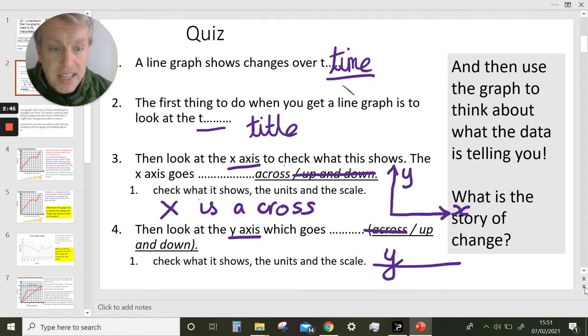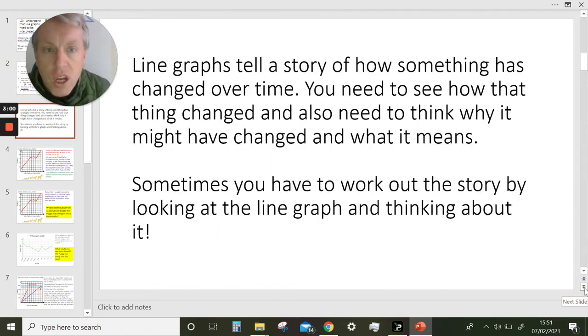And the x-axis is normally time and the y-axis will tell us what we are measuring. Are we measuring pounds, the temperature? I wonder. Well, let's look at our first thing. And in this graph, we're going to need to see what has changed. And now we've got to really think about